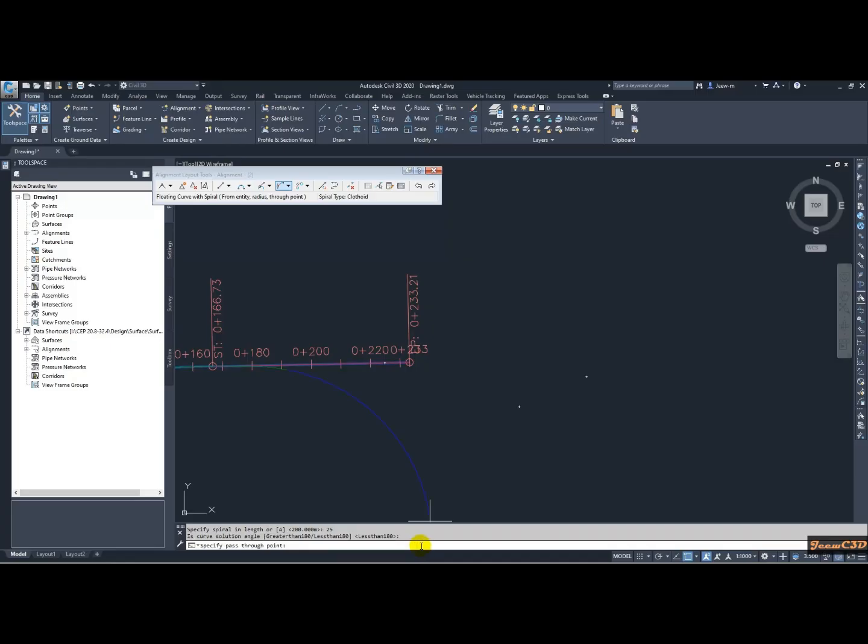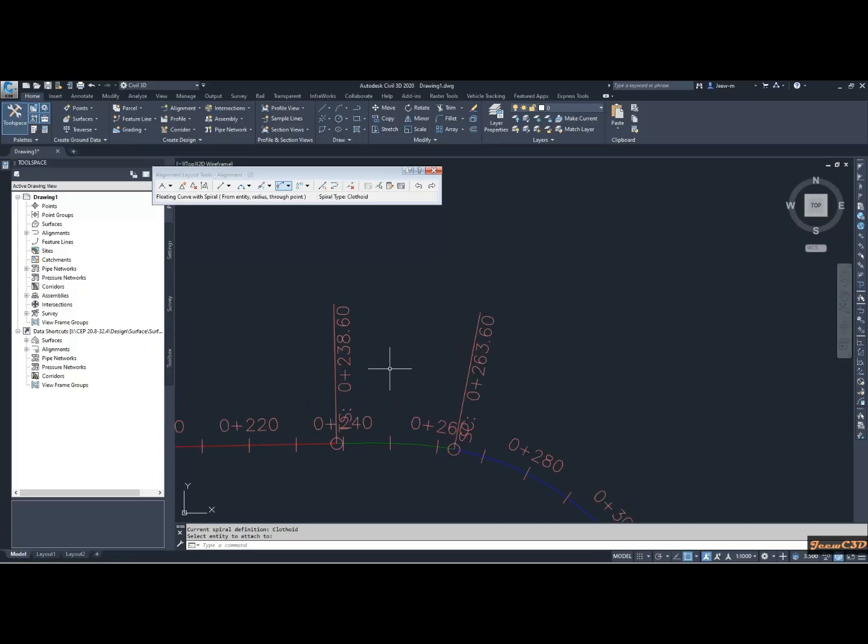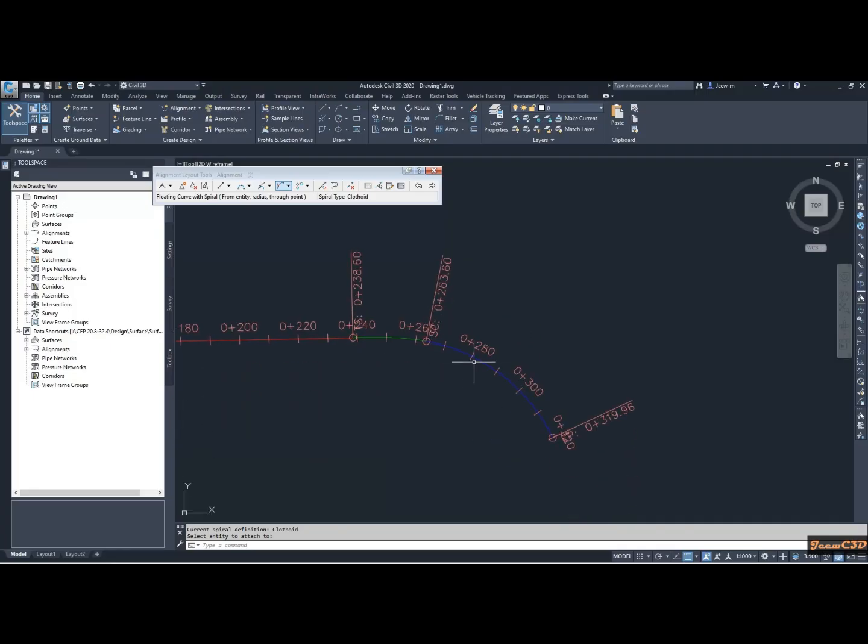press enter. So now it is asking where is my through point. So I can click anywhere in my screen according to my requirement to get this, and you have to right click to end the command. Then here also you can see my 25 meter spiral is added, and also if you see this radius here,